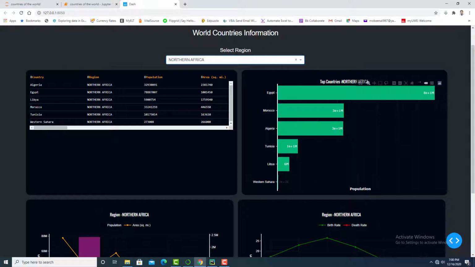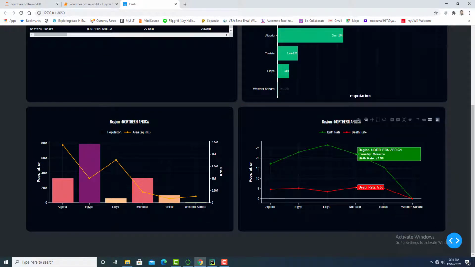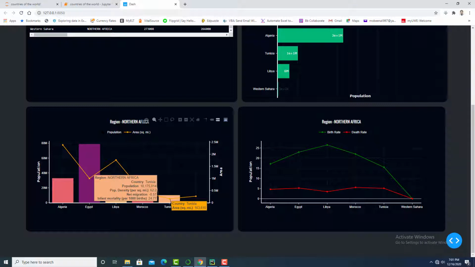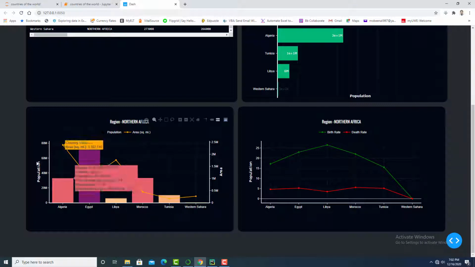bar. This horizontal bar chart displays top countries by population for this region. This line chart displays birth rate versus death rate for these countries, and this chart has two y-axes. This is the primary axis and this is the secondary axis.